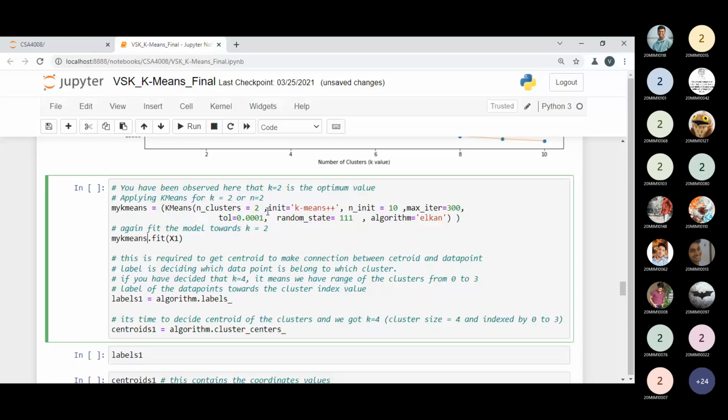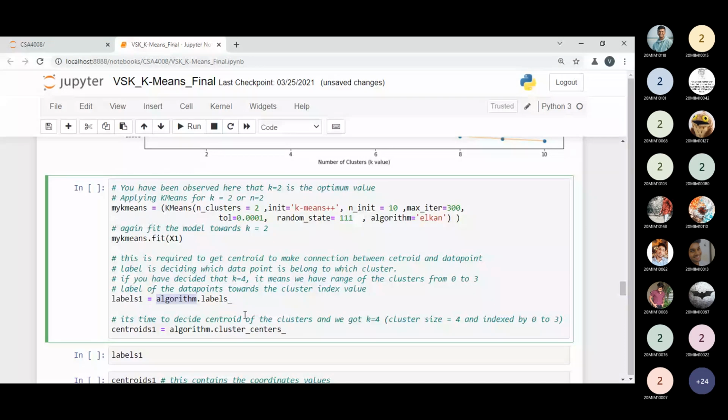I will display everything over here so that it is clear to all. The labels decide which data point belongs to which cluster. So I'm using the public variable of my K-means class, which has the labels variable.